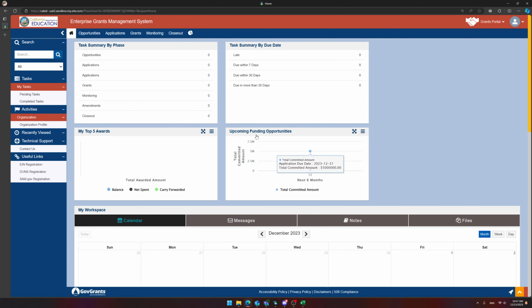They get pending tasks whenever they have things that are due. Like, for example, if they're awarded, and they need to submit quarterly progress reports, then the system will automatically schedule those progress reports on that quarterly basis and assign them to the grantee. And then the grantee will get email communications and pending tasks in order to get those taken care of. So grantees do have pending tasks as well.